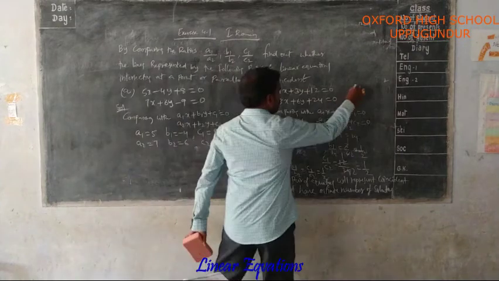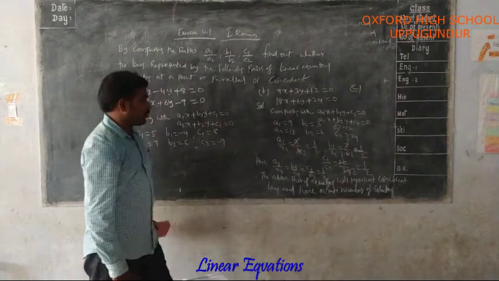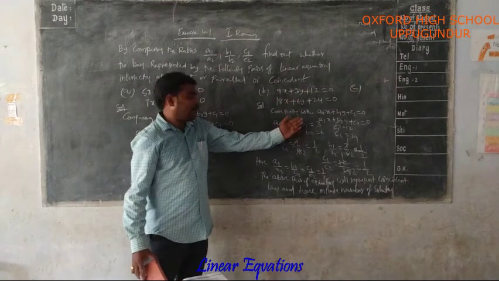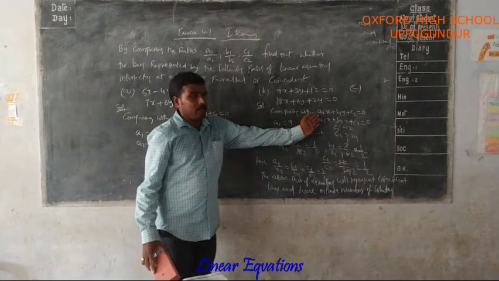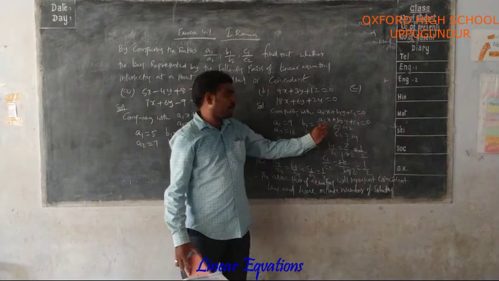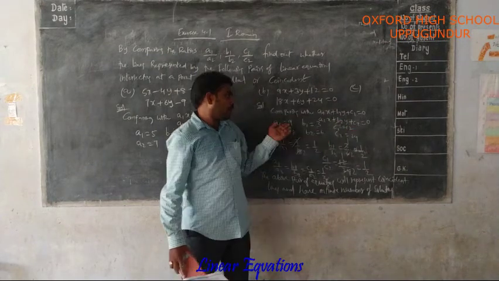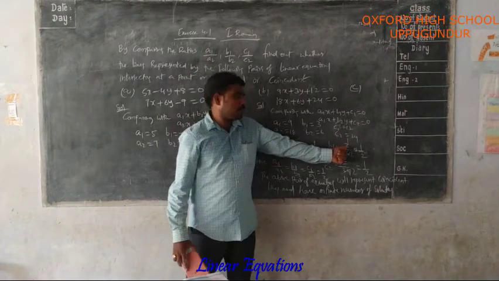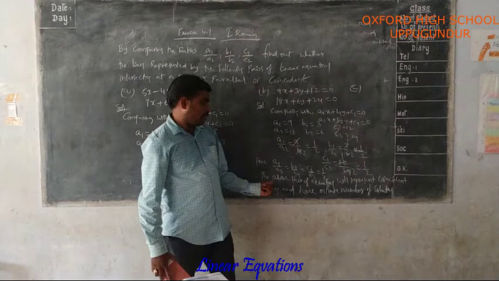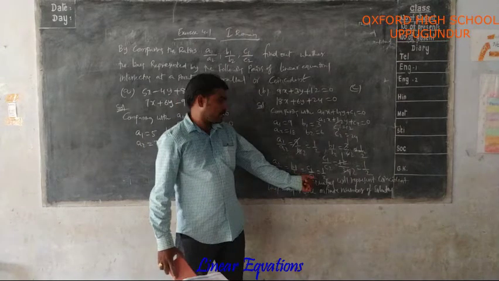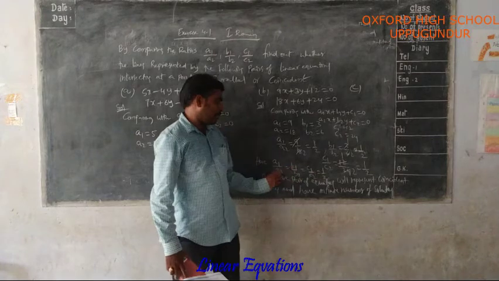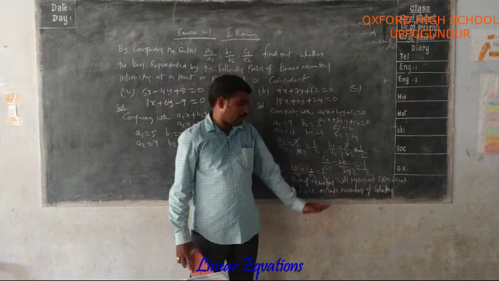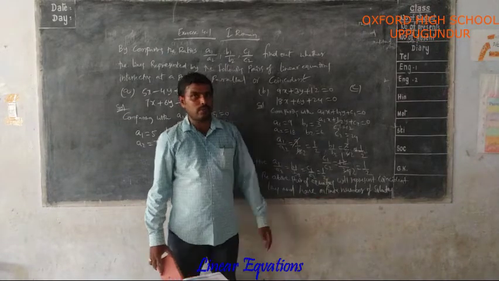They give part C also. That problem you have to do. In the same way, first you have to write the equations they give, once. After that, compare with a1x plus b1y plus c1 equal to 0, a2x plus b2y plus c2 equal to 0. You have to compare the values. After that, find the ratios a1 by a2, b1 by b2, c1 by c2. Here a1 by a2 equal to b1 by b2 equal to c1 by c2 equal to 1 by 2. All three ratios are equal. So the above pair of equations represent coincident lines and have an infinite number of solutions.